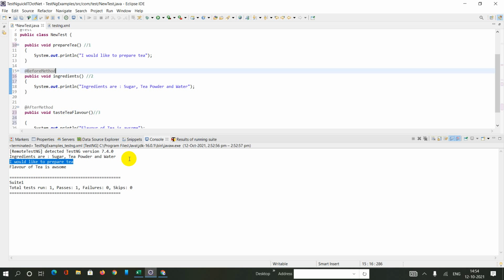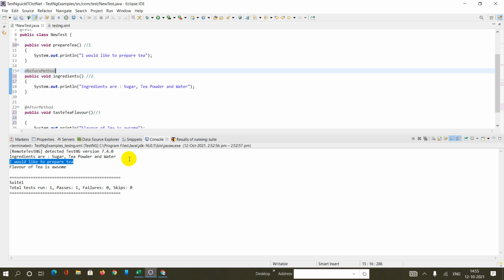And after method, what I would like to do is test the flavor of tea, okay. So you can see over here the methods in the TestNG file need not be static in their behavior, okay. Before method denotes that the underlying method should run before the test method, and after method indicates the underlying method should run after the test method.